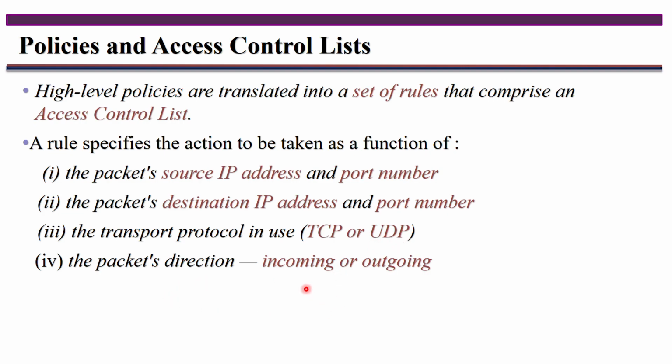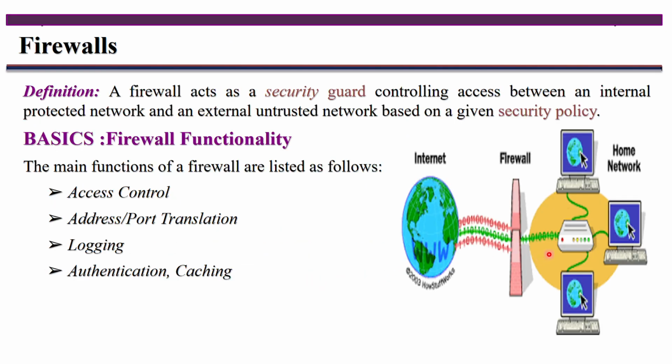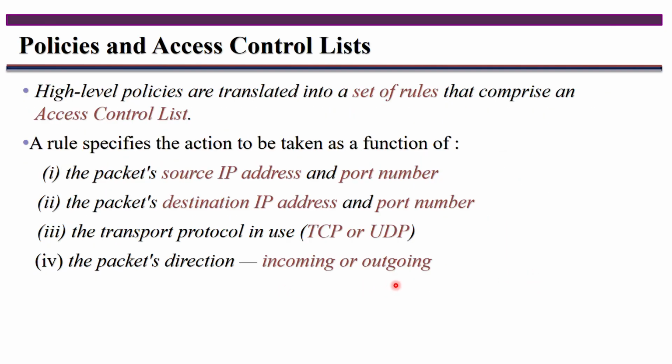And in the packets also, there are two types of packets, incoming and outgoing. So for example, from the internal protected network, if you are sending any packets to the internet, that one you call an outgoing packet. In the same way, if you are receiving packets from the internet to the internal protected network, that one we call incoming here. And here you are differentiating incoming and outgoing protocols, and based on this you will set up some of the rules, and those rules we call an access control list here.